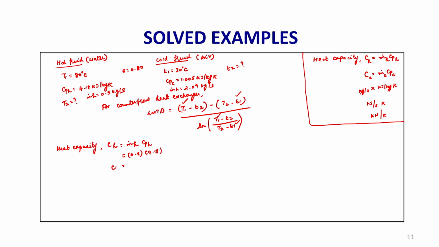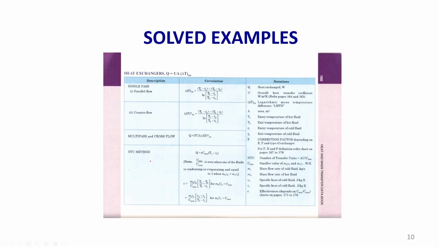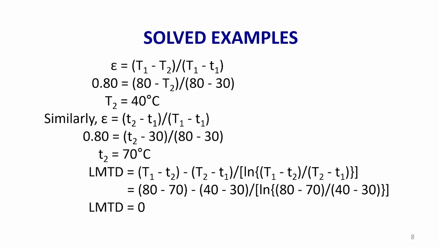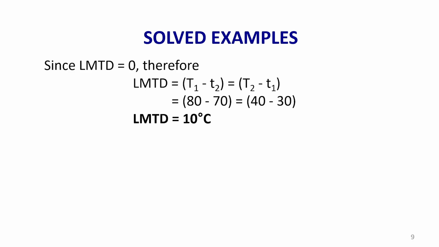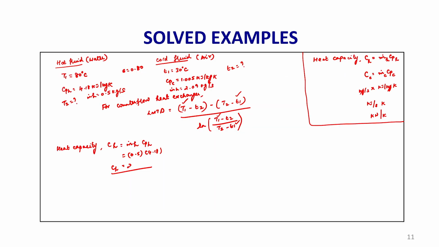So, we can find out the heat capacity of the hot fluid. It will be 2.10. As I explained the unit, if I am substituting the Cp value in kilojoules per kg Kelvin, the resultant will be in kilowatts